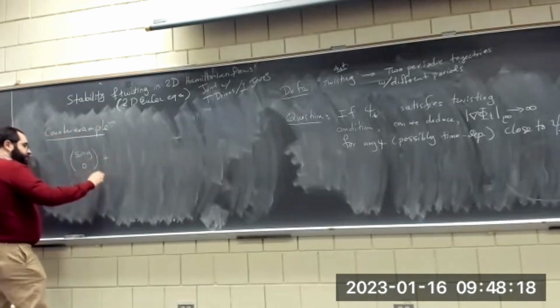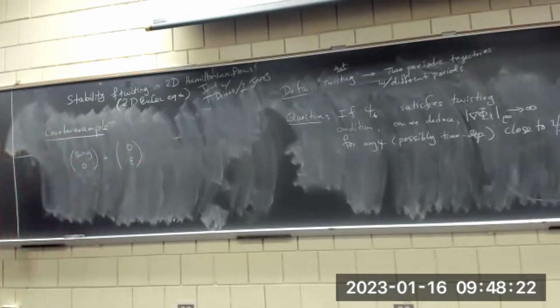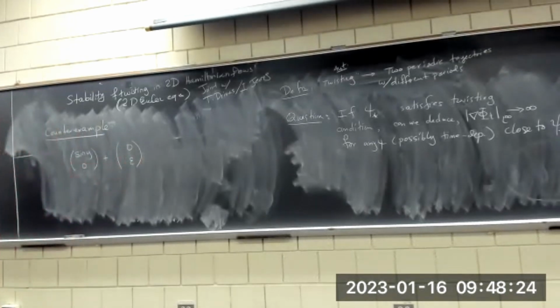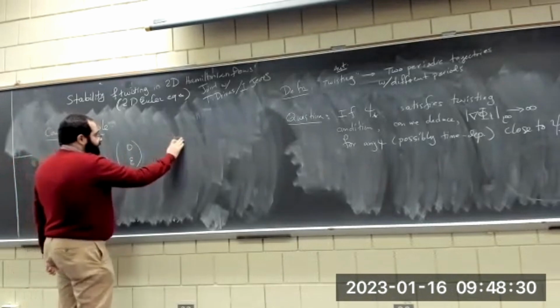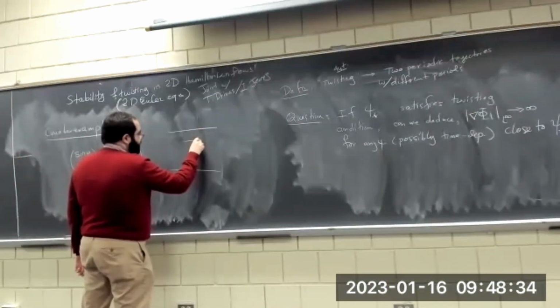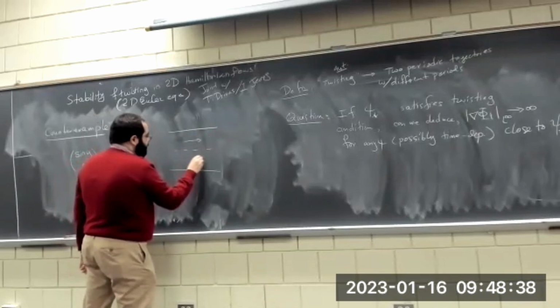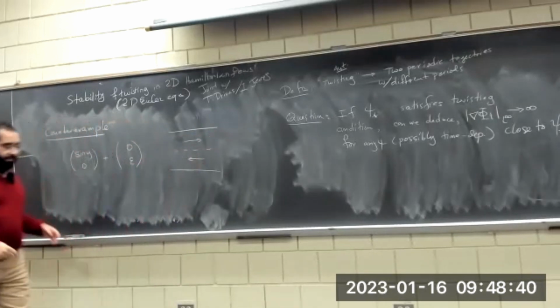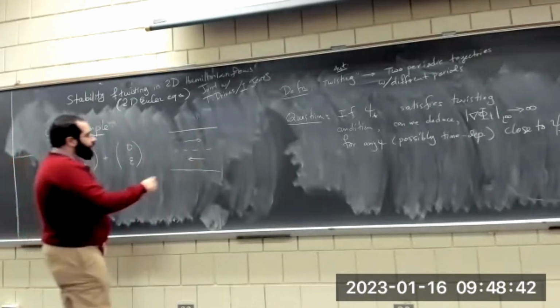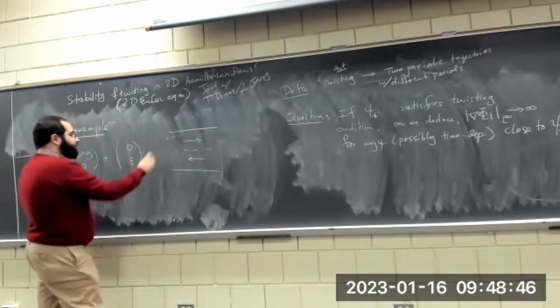And then you just add a small change in the vertical direction, a small velocity in the vertical direction. You should view it this way: up here particles go to the right, down here particles go to the left, and you add a tiny vector in this direction